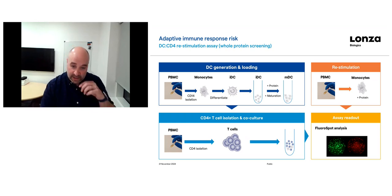So that's for peptide screening. We then use a slightly different assay, usually for whole protein screening. This is a much more complex assay, as you can see. Much like the MAPS assay, we're isolating monocytes and generating monocyte-derived dendritic cells in pretty much an identical way to the MAPS assay. We're treating them with a protein of interest, and then we activate, or mature, those dendritic cells. But rather than lysing the cells at this point and immunopurifying the HLA peptide complexes, we're actually